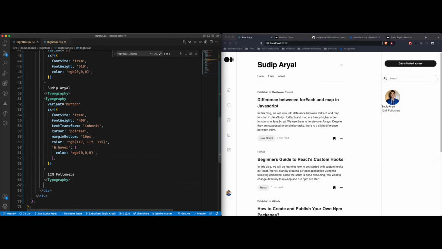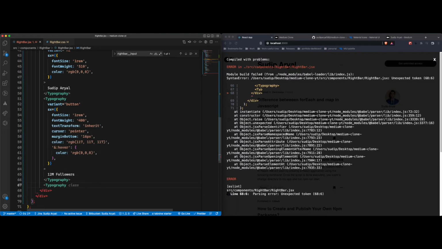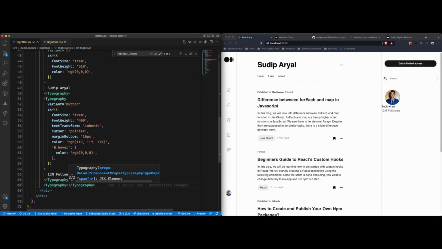Now what we're gonna do is we're gonna use a typography again. And like I said, I'm repeating a bunch of stuff here. You could extract this typography stuff into a separate component and do it that way if you wanna. Just tips for you guys if you wanna refactor this. Engineer. And I'm gonna have a variant of body 1 on this, and I'm gonna use a sx prop to style